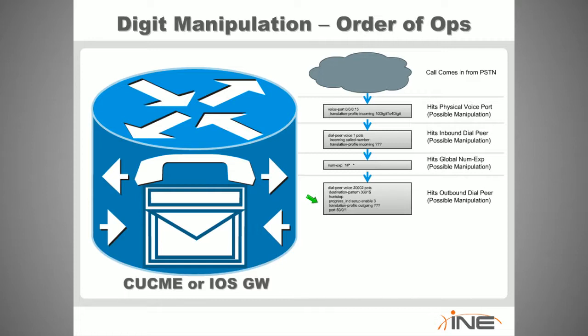If we place a translation profile on an ePhone DN, we need to keep in mind which direction we want to place it. Is it going to be a translation profile for incoming or outgoing? You might say, well, wait a minute, an ePhone DN, so when is it incoming and when is it outgoing? The call's always going to the ePhone DN, right? Well, if the ePhone DN, number 3001, is the called number, or DNIS, then it is outgoing to that DN,